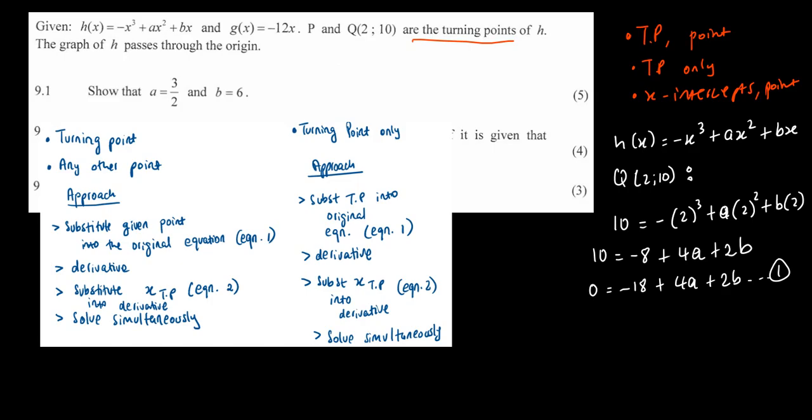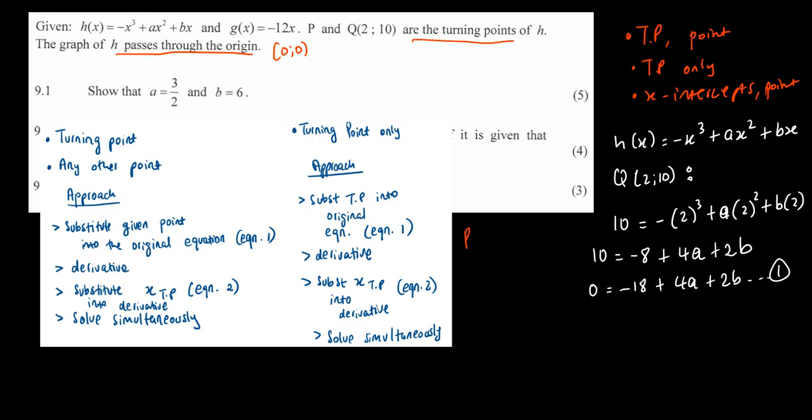Yes, the origin is also a point. Thank you so much. So they said it passes through the origin. That means you are also given a point. So it is actually this one. We have substituted. It's fine. Whichever order you follow, you just have to substitute the turning point. Then next you're going to substitute the point. So substituting the point will mean that,